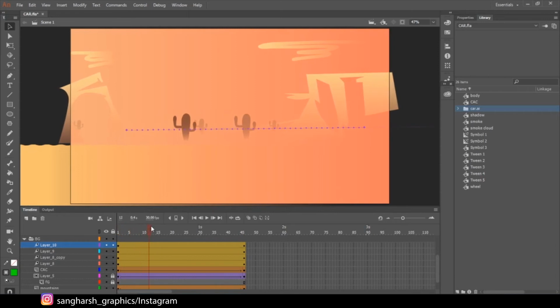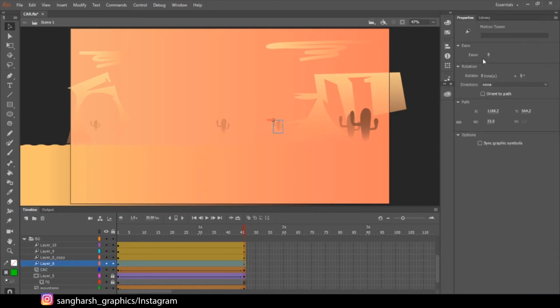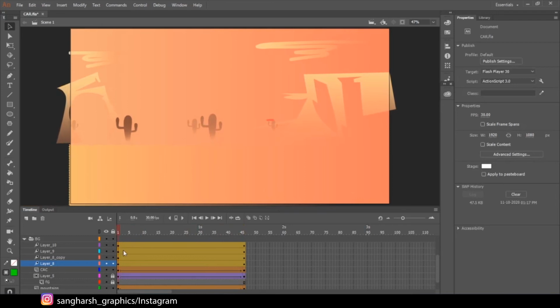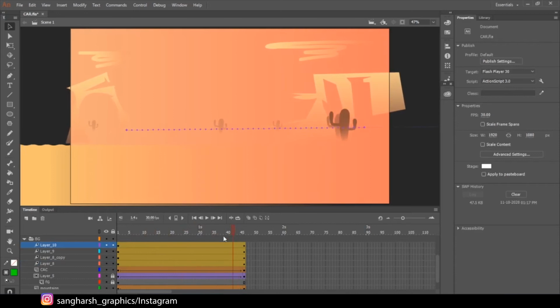And as you can see, I have made some of the cactus too small because they are far in distance. At the first and last frame, before animating them, I have gone to properties, selected the alpha and increased its alpha just a little bit to give it a smoky effect, as it is far away and not visible too much, while the objects closer to the camera, like this big cactus, are moving fast.